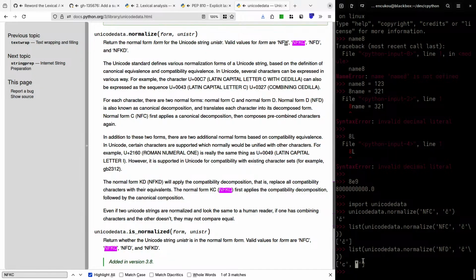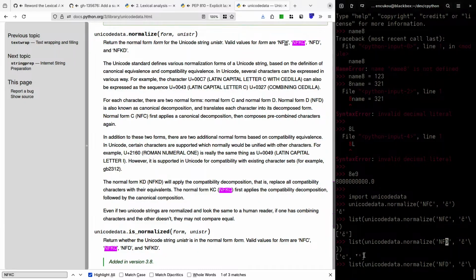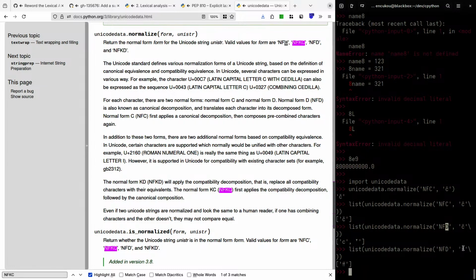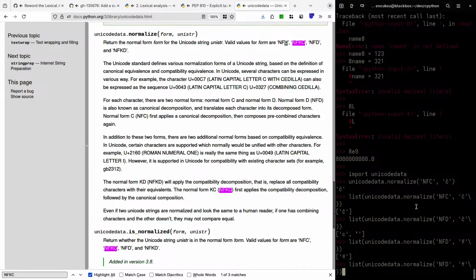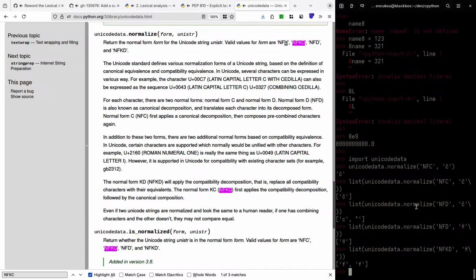This is a combining caron. So if you decompose the character, it just splits things. If you have an FF ligature, that doesn't decompose. A case fold would make it two Fs.